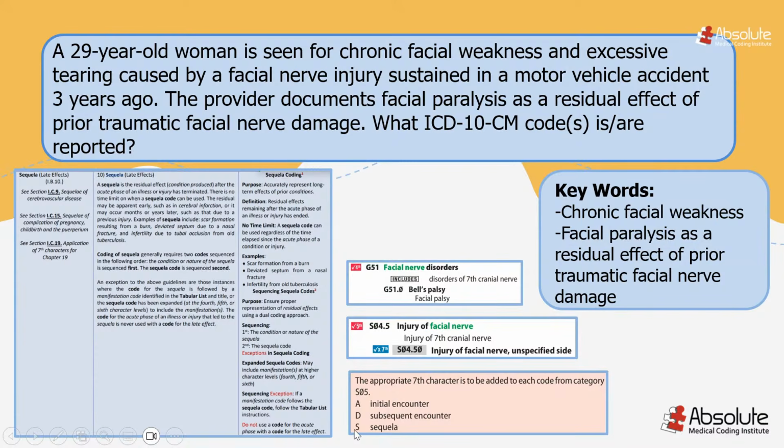And the reason that we are choosing the S, sequela, as the 7th character is because this is going to be a residual effect from a prior traumatic facial nerve damage. So it's not an initial encounter, and that's why we're not doing A, and it's not going to be a subsequent encounter. It's going to be prior traumatic facial nerve damage from a previous injury. And so that is why we are selecting that as our second code. So again, first we're doing our residual code. So she has facial nerve disorder, and she got it from the injury,